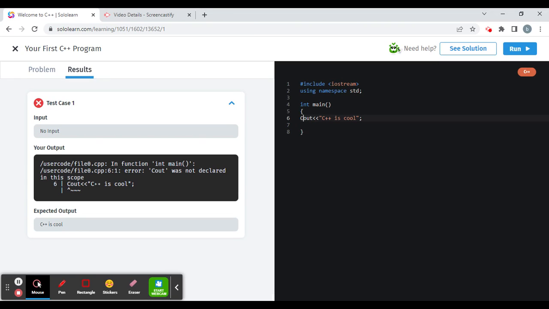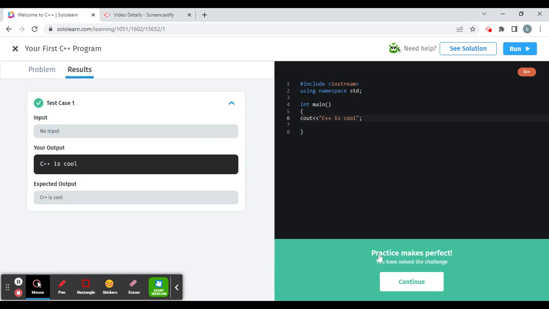So we need to change that to a lowercase c. And now let's run it. Practice makes perfect. You have solved the challenge. See? Exactly. So always remember that certain things, especially these commands or operations, are case sensitive. Make sure you keep that in mind.